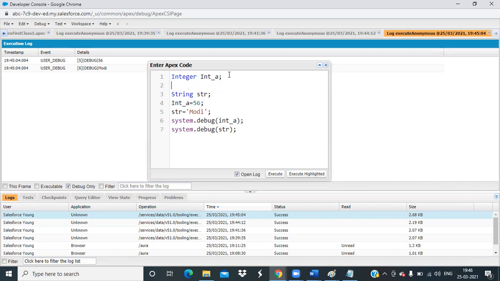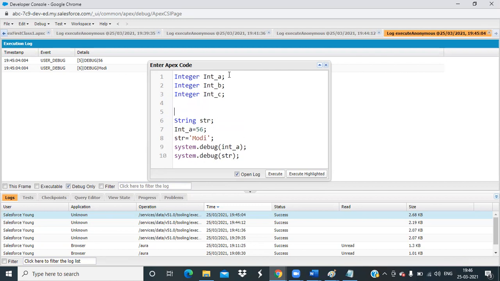Let's suppose we take the example of integer. Now what I want is to store the multiplication of integer a and integer b into integer c.